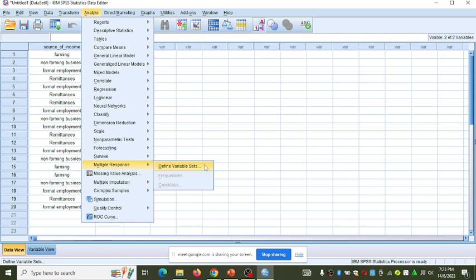because you can see that we have frequencies here, we have cross tabulations here, but they are not active because we haven't defined any variable. So you click on define variable sets,